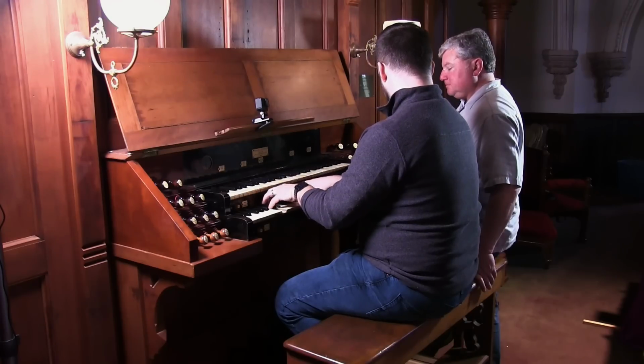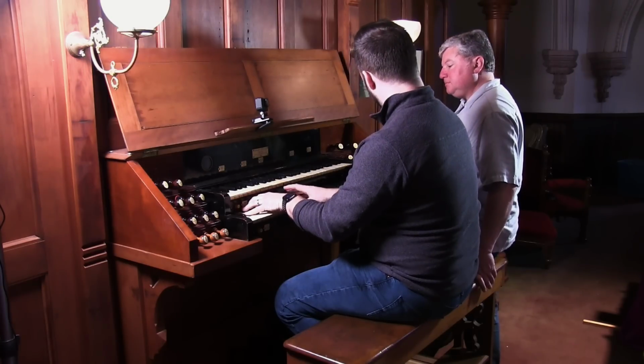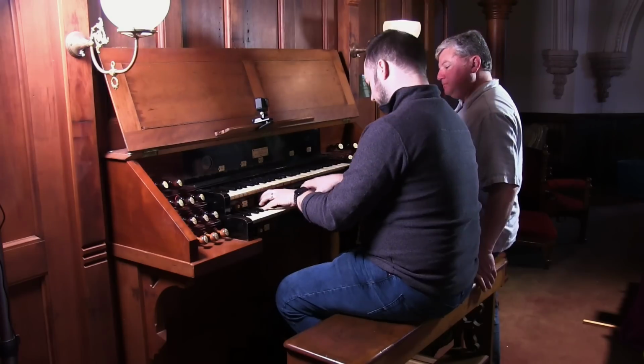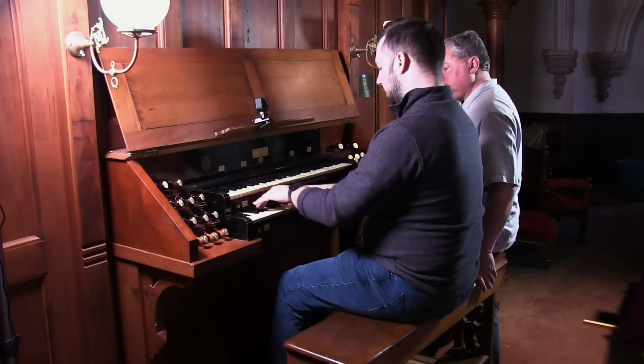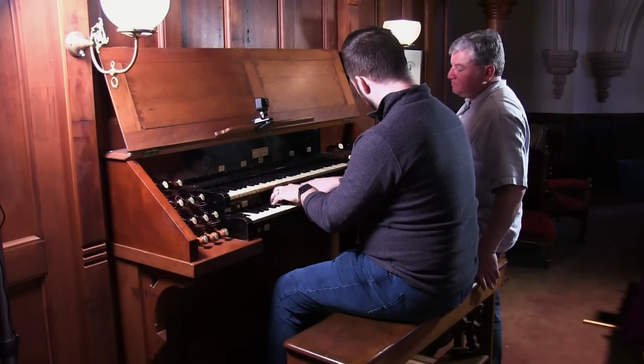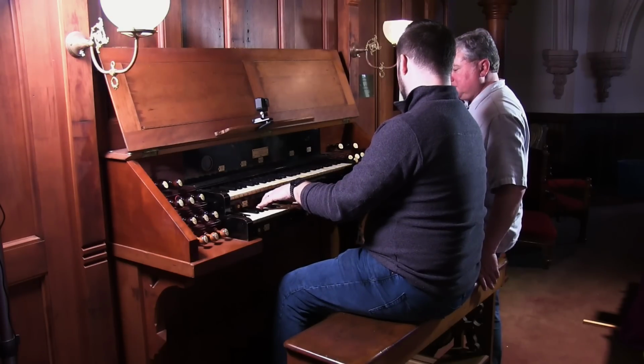Kind of fluty. So, doing the 8-4-2 by itself. And now with the quint. Quint adds a little bit. It's not very strong or overpowering there. Well, outside of that, there is a mixture, a 3-rank mixture, which can top that off. And very pungent sound. By itself, you can hear that it...